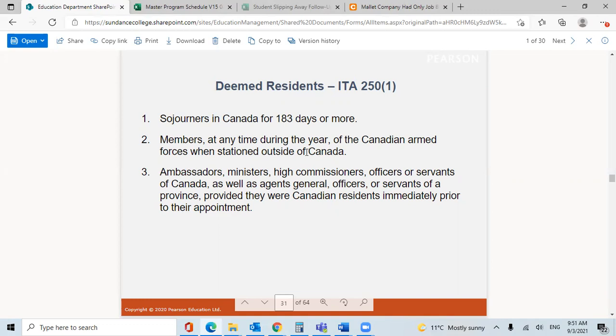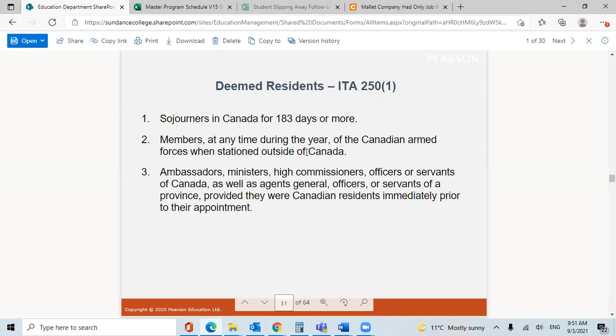As we will see, an individual can be a deemed resident even if they do not set foot in Canada in the relevant taxation year. So if this person does not actually come to Canada, they still can be a deemed resident. So how are we going to figure out if this person is a deemed resident or not? The first rule,